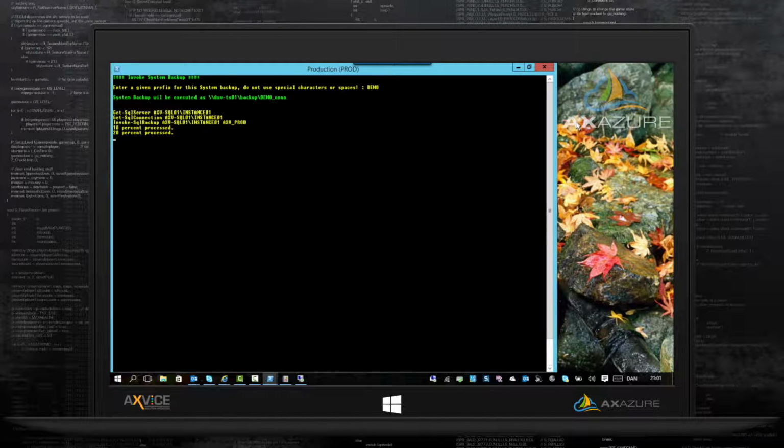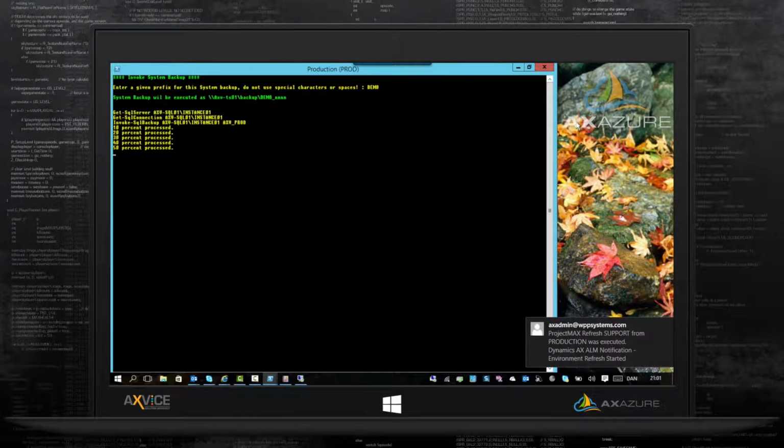So obviously, where do I use this normally? I use this when I do deployment. Whenever I deploy, the first thing that I do after I've stopped the AOS services and all the services is do a full system backup, so that I don't rely on the nightly backup to be the one that I can return back to if something goes wrong, because that nightly backup would probably bring my application 3, 6, 10, 12 hours back, and obviously if I have a full system recovery set up on my SQL server, I can get back up with the log file.